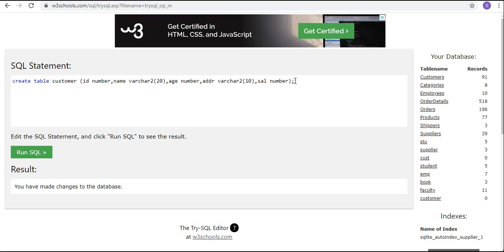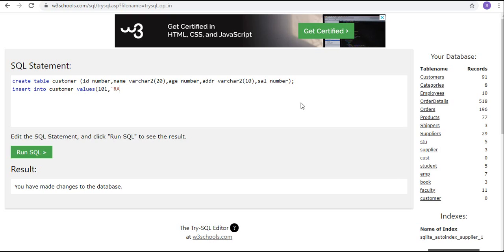Tell me the syntax. Insert into customer values. ID is 101.